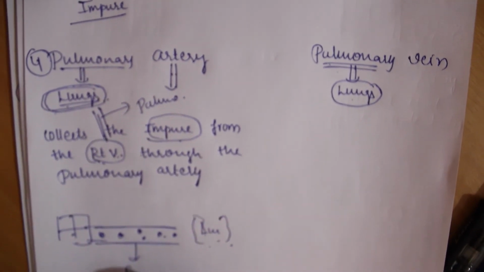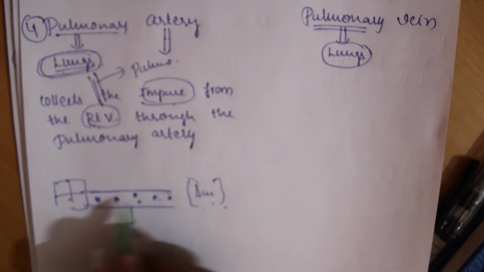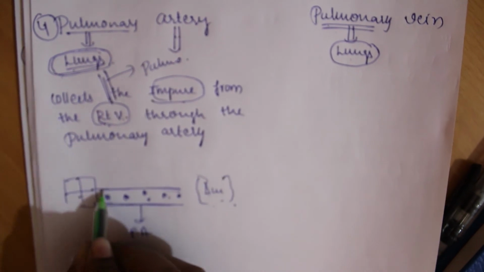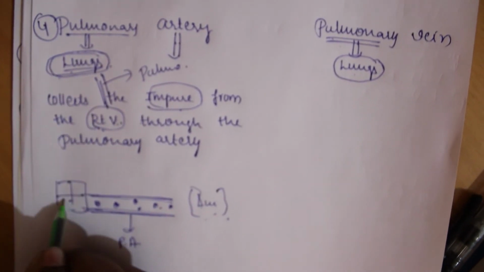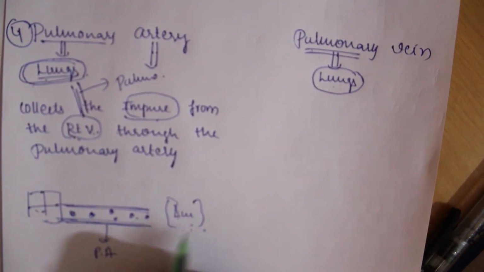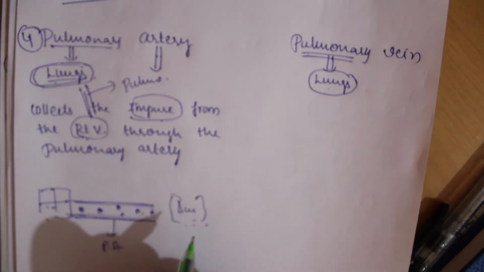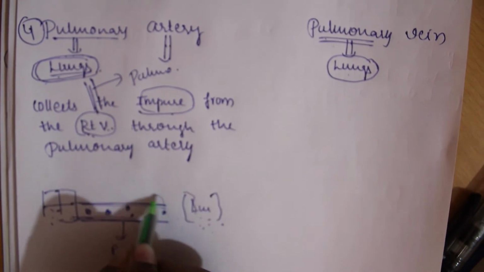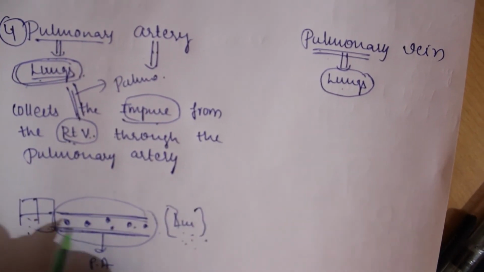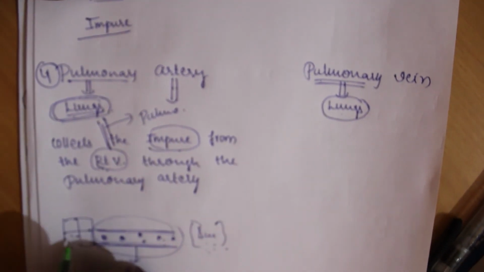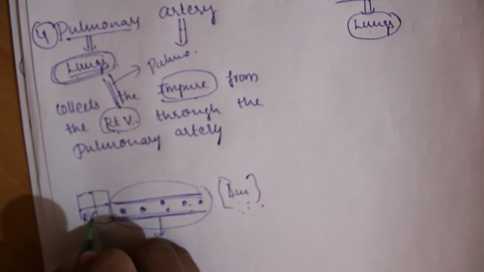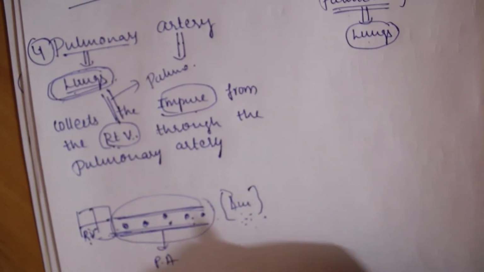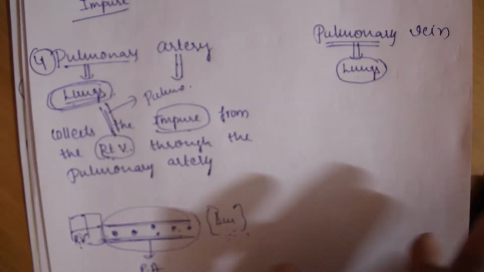The pulmonary artery is a pipe-like structure, as it is mainly made in order to connect one organ to another organ, that is from the heart to the lungs. Through a connection between both the organs, the pulmonary artery carries the deoxygenated blood particularly from the right ventricle of the heart to the lungs. This is the function of the pulmonary artery.